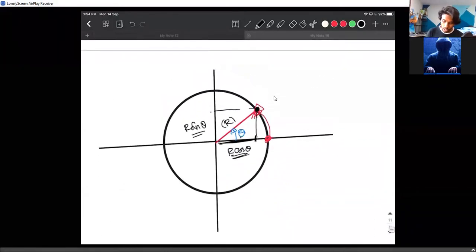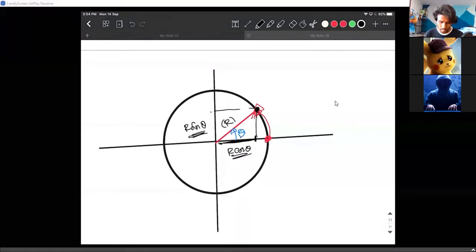So, r cos theta and r sin theta. Do you know how to write these things, or should I show it? Do you remember the part where we write this length as r cos theta and this length as r sin theta? Yes, sir. Now, if you remember that bit, this is easy. Once you know that part, I can write these coordinates as r cos theta and r sin theta.